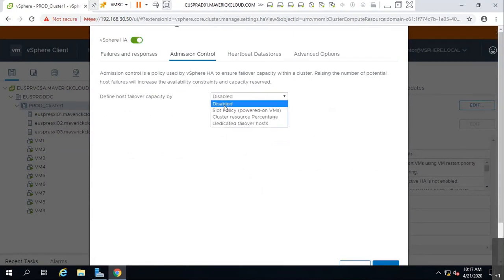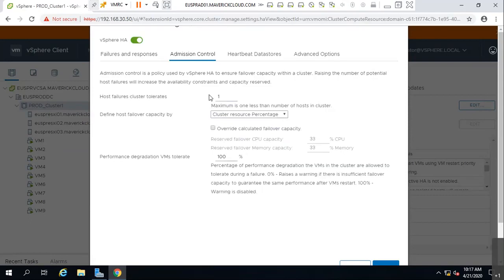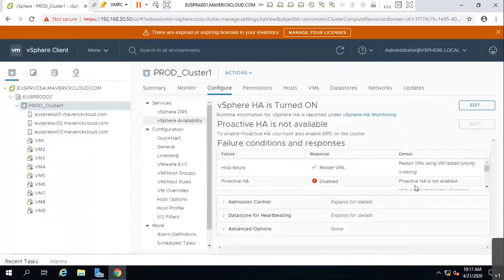Okay, host failures cluster tolerates 1.